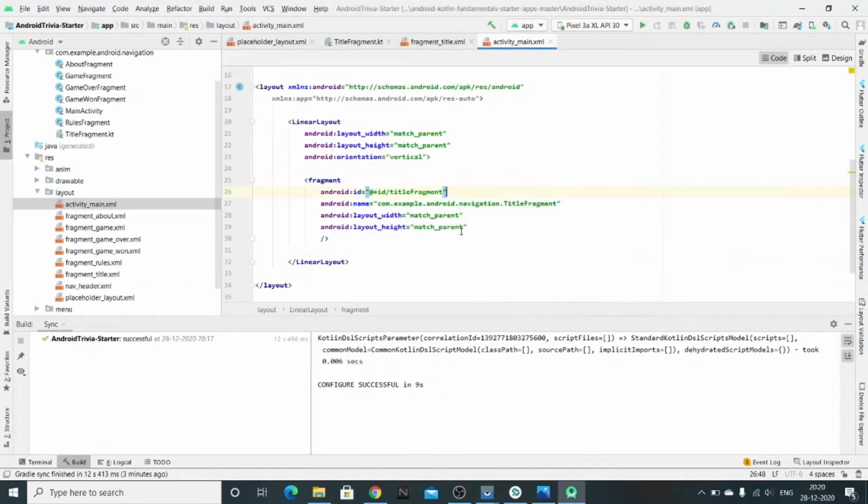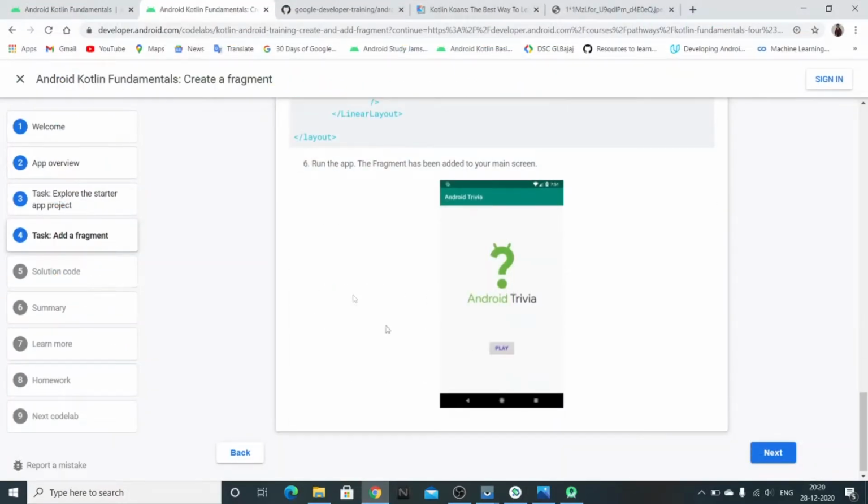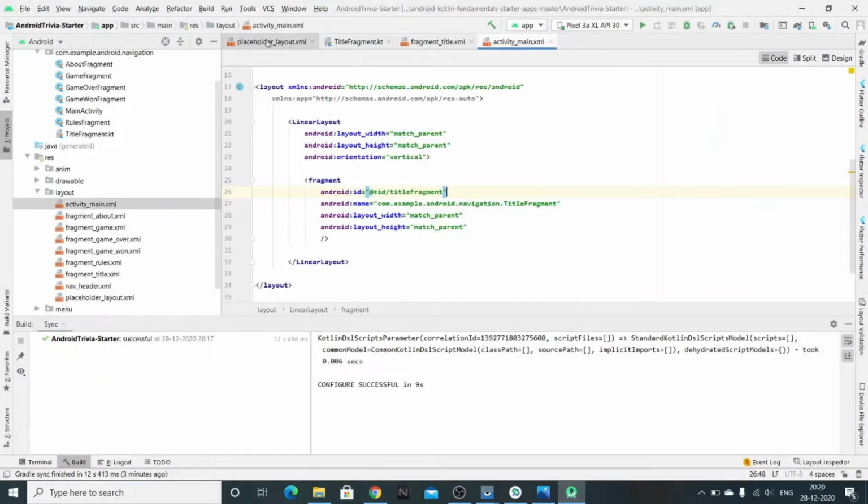It will remove the title fragment and bring the question fragment instead. Okay, now let's follow with the code. We can run our app now. Let's run our app. I'm running it on the emulator.